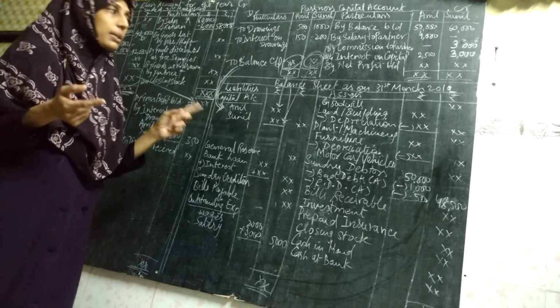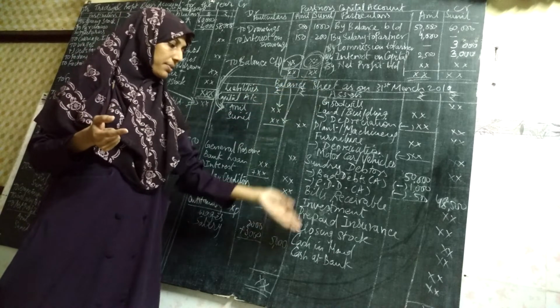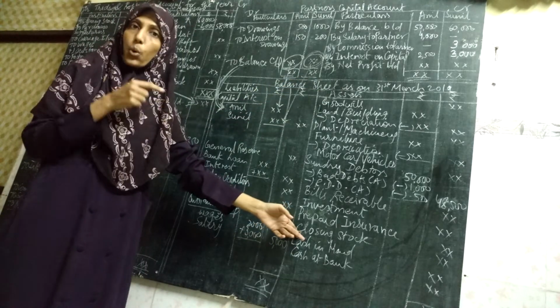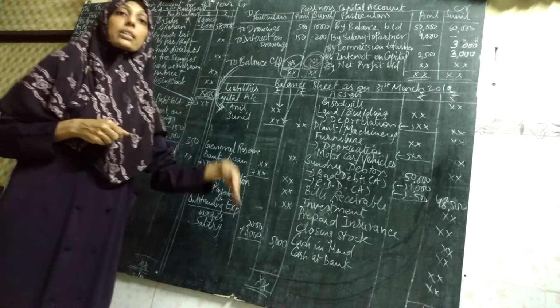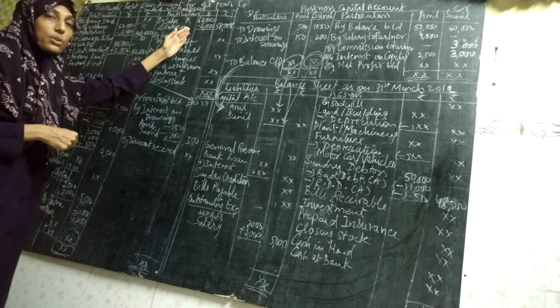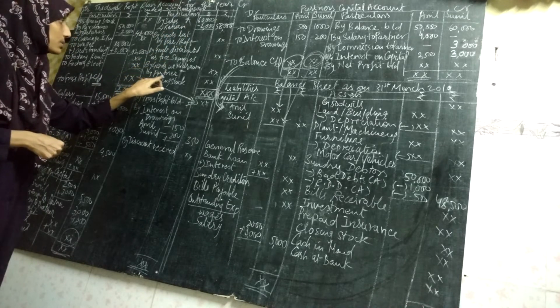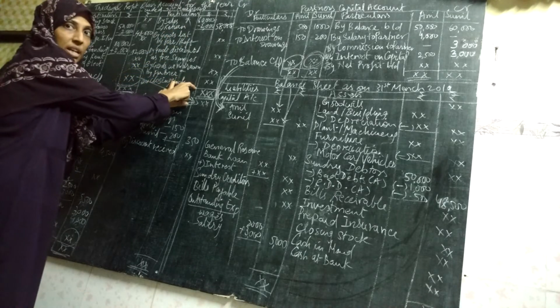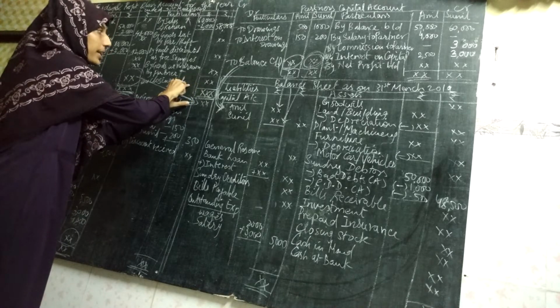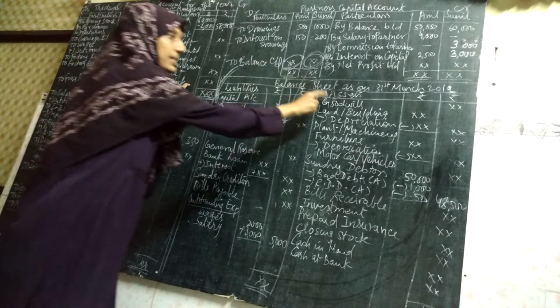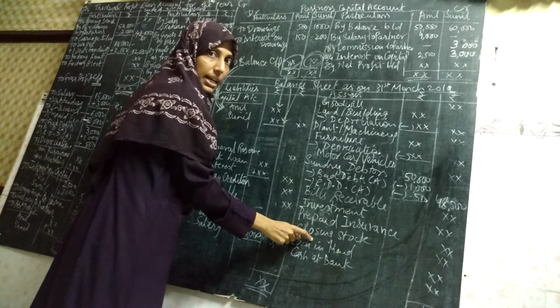So where is the debit effect? Asset side is the debit effect, closing stock, because it is our own goods. Our own goods means assets. And on the trading account credit side will be given closing stock. Here we write closing stock on the last line because these are our own goods, remaining at the end of the year. So trading account credit side and asset side closing stock, debit side credit side.